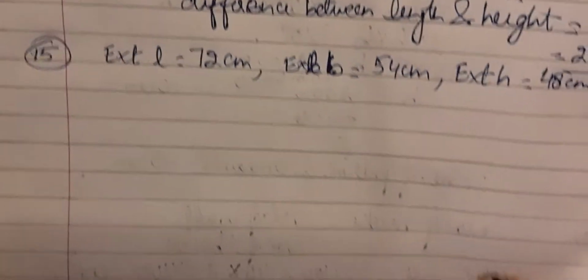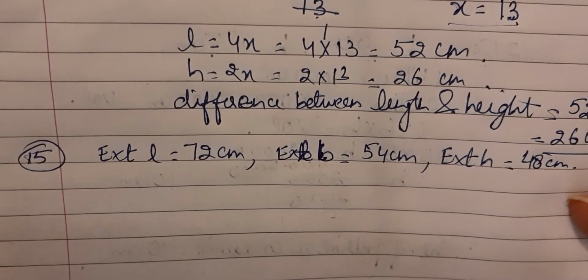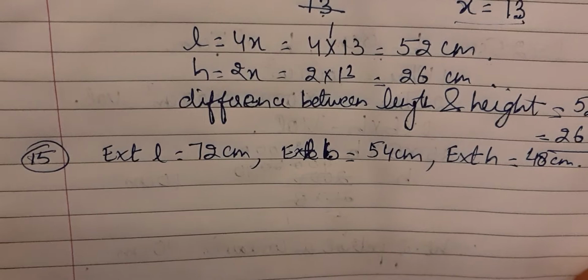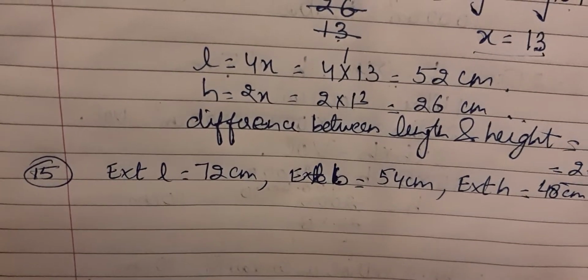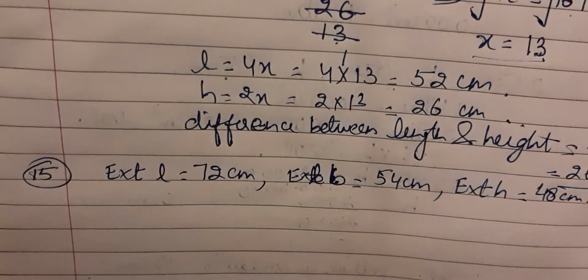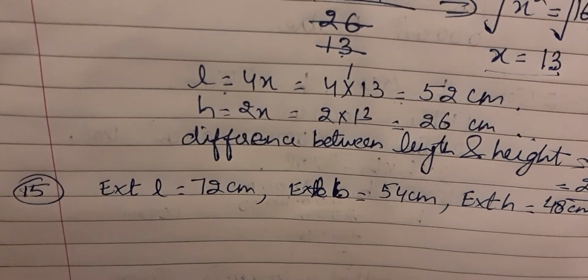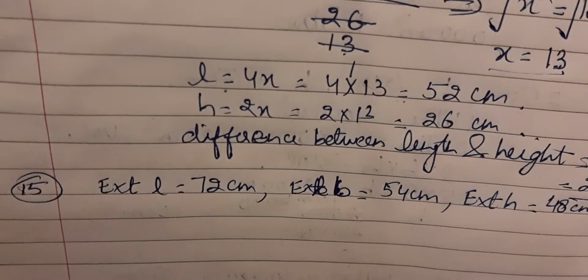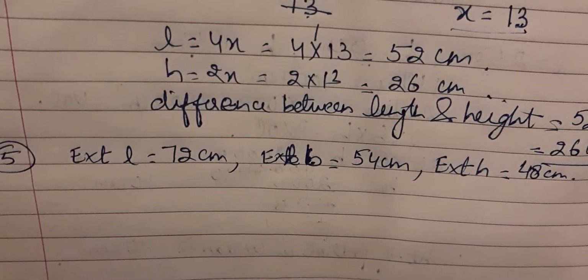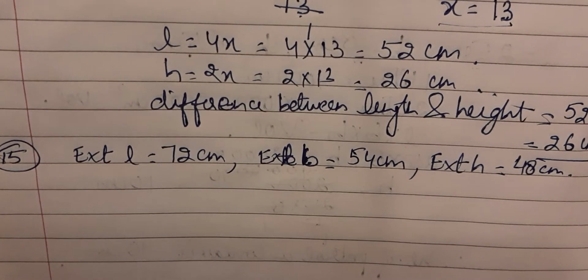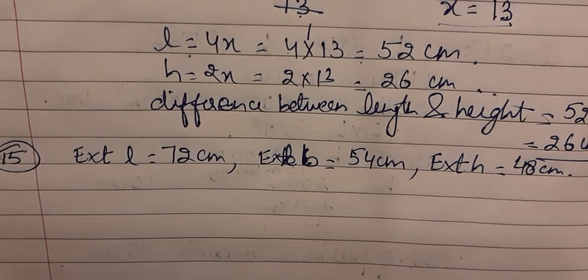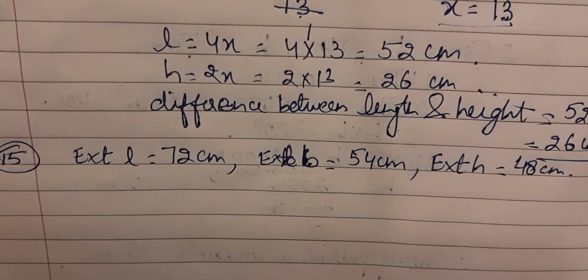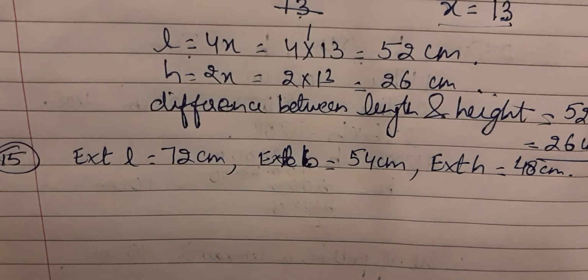So these are the external length, breadth and height of the closed rectangular box. Now, it is measured externally, and is made of wood 1.5 centimeter thick. So this is a rectangular box which is hollow from inside, but as it is made by joining rectangular plates of wood, there must be some thickness of the wood also, and that thickness of the wood is given to you as 1.5 centimeter.